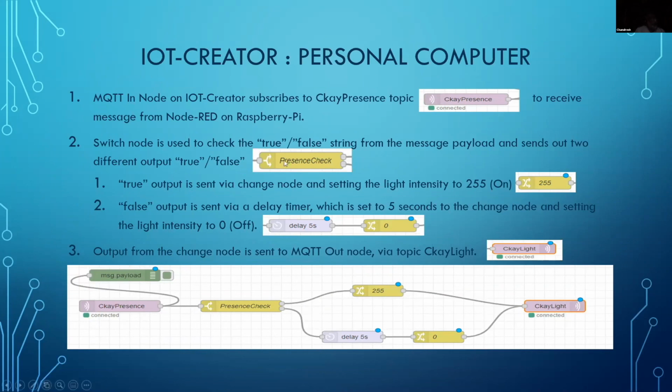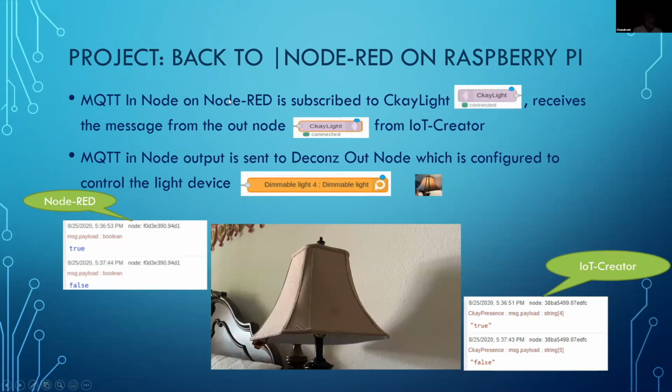I receive it, I perform a check over here. I check whether I received a true or a false signal. If it was true, I set the intensity to 255. If it was false, then I perform a small delay using a timer and set the intensity to 0, which should turn the light off. And then I publish this information onto another MQTT thing using the message CK light. Now this is the complete flow, which is right there at the bottom, which is again received here. This message, it receives the CK light, and then it sends the information out to the device, which is the signal as 255 or a 0, and likewise it controls the lamp.